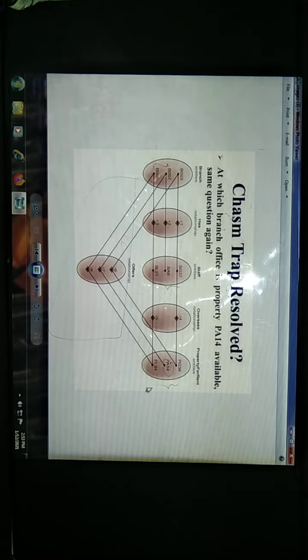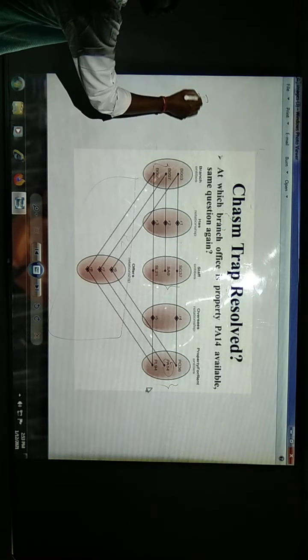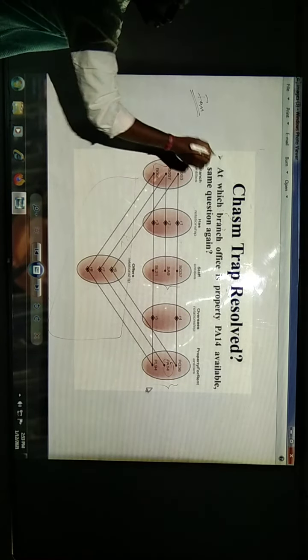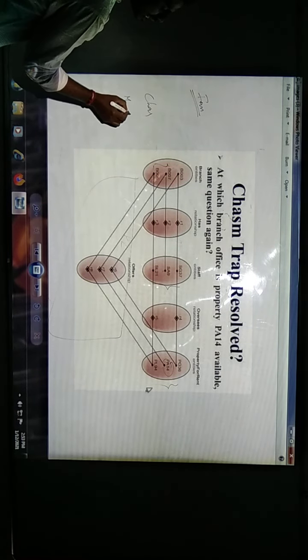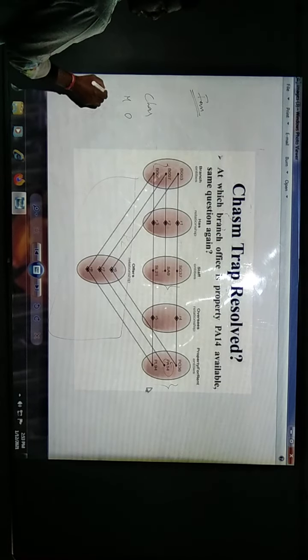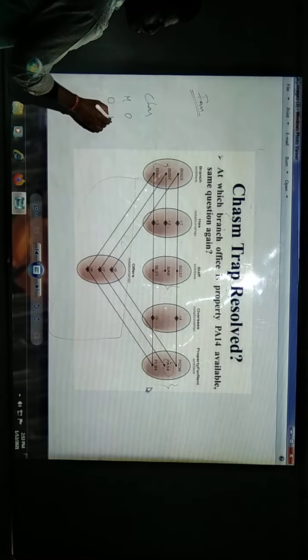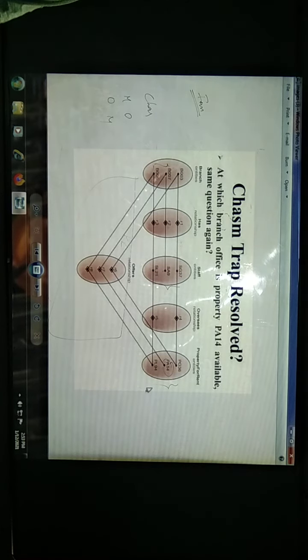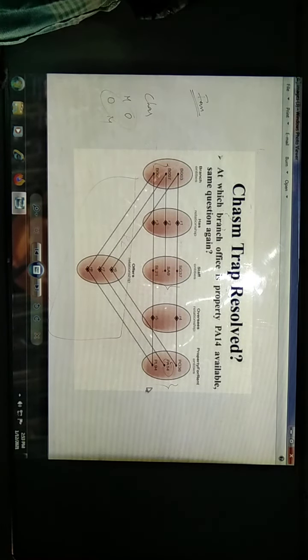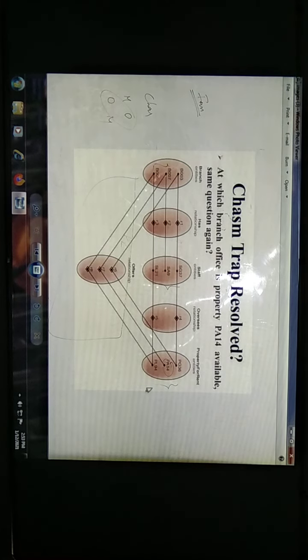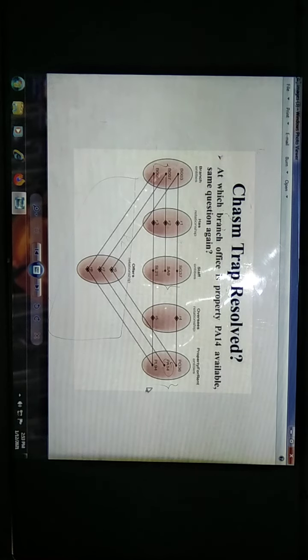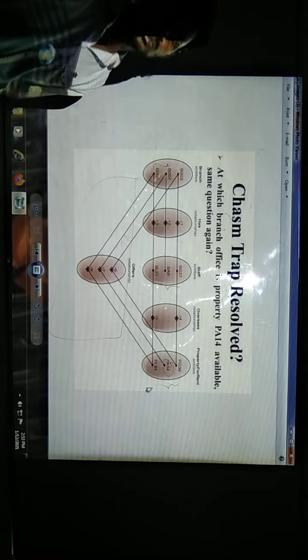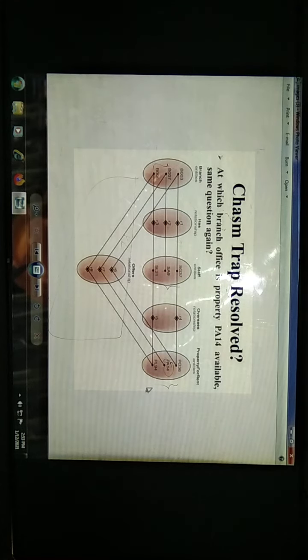with some other entities. See here in the first case, that is FAN TRAP, it is taking one to many to one relation, but in case of CHASM TRAP we are having many, but we are not having any relation to the next step. Else we will be having zero relations over here, we will be having many relations in the next entity. So when we are having no relationship, or else we are not having any related records in the next entity, then the CHASM TRAP will occur. In order to overcome that, we need to create the relationship, so that we will be having clarity. Okay, I hope it is clear to you people.